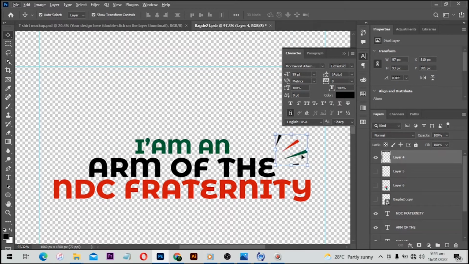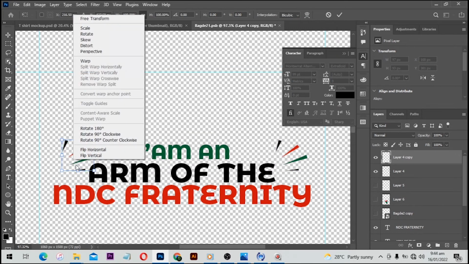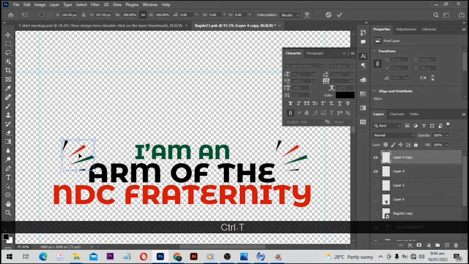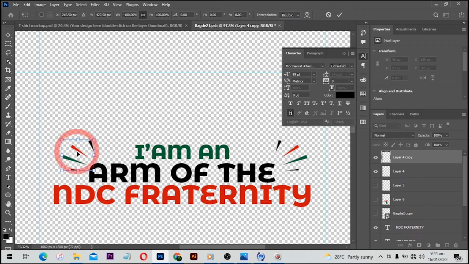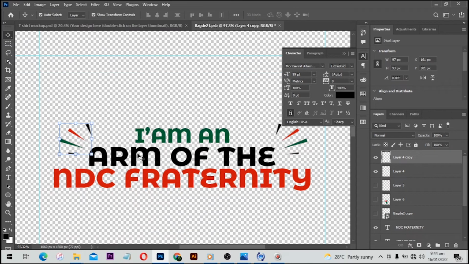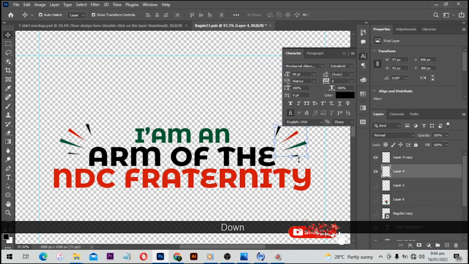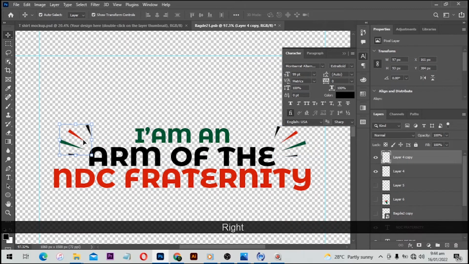Click on OK. Then I will make a copy. Then I'll hold down Alt or Option, click to make a copy. Ctrl T for free transform. Right click and flip horizontal. With this, we are going to flip our shape and position it until you are happy with the final result. I will spend a little time to position this, and I guess you should do the same if you want to get a good result.